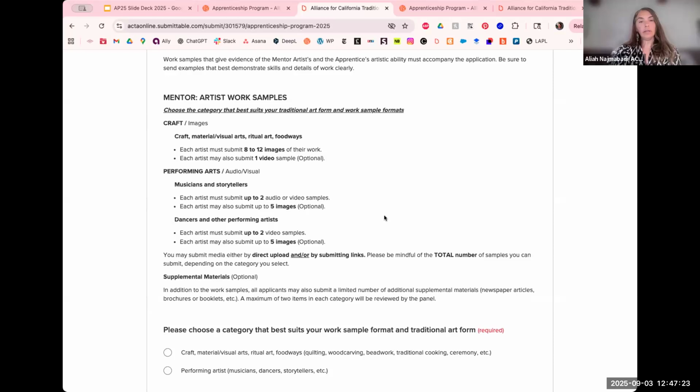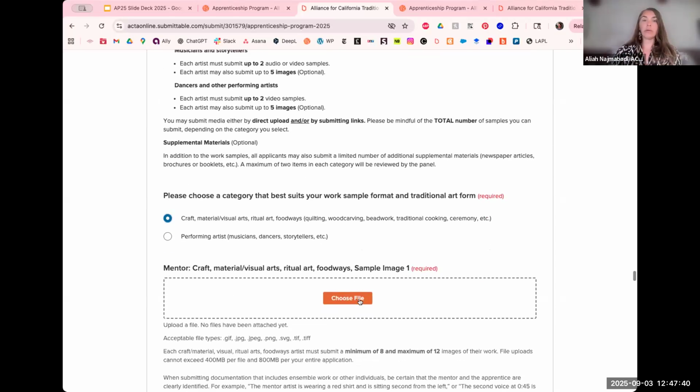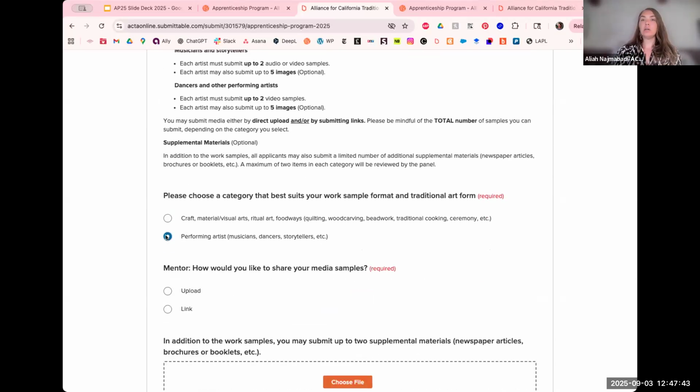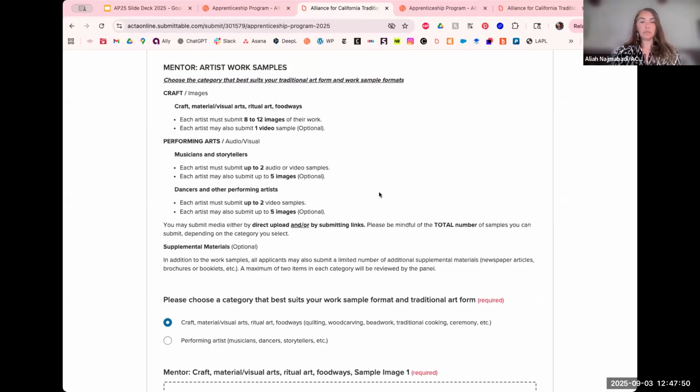Yeah, so like I was saying before, what will happen is when you go into this application and you select what genre right here, it asks you down below, please choose a category. When you click on one or the other, it will branch out to these different options for how you want to show yourself. If some of you are applying again, the application is going to look slightly different because we've tried to make it